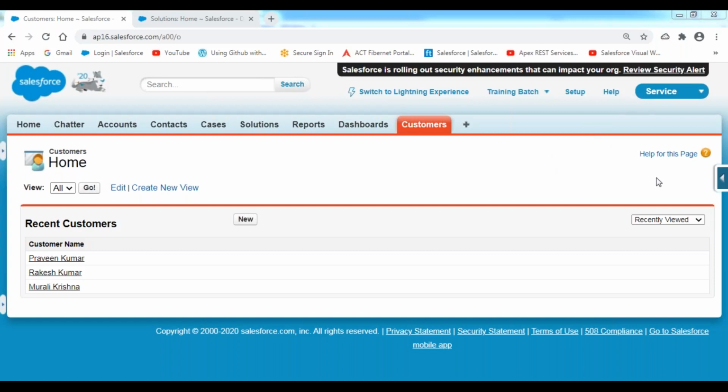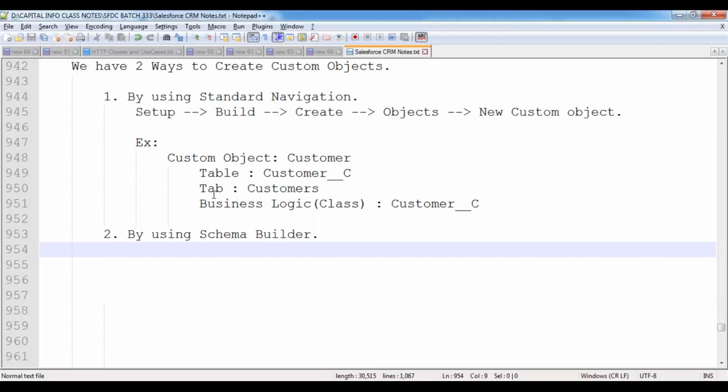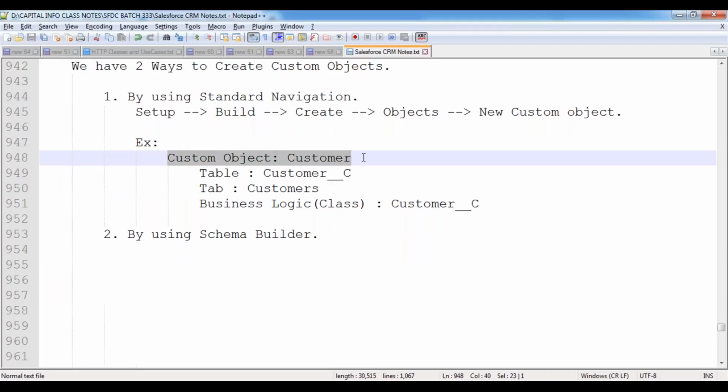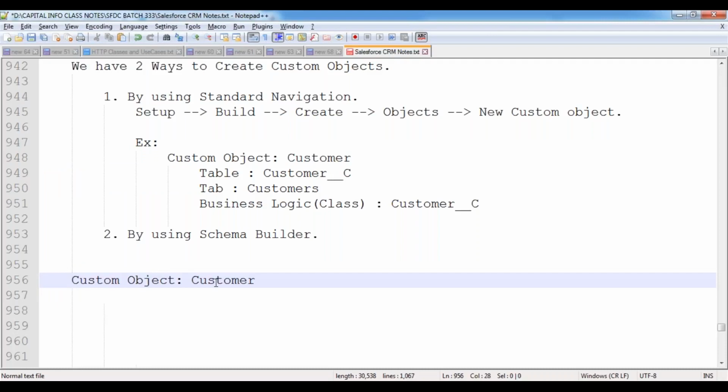For example, I want to create an object here with the name some branch. I don't want the tab, only the table. So now, without the tab, if you want to manage the records, if you want to insert some records, update some record,